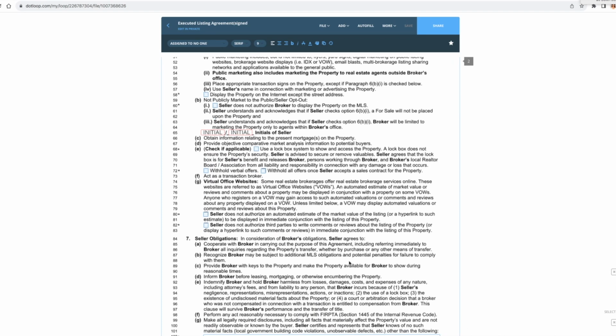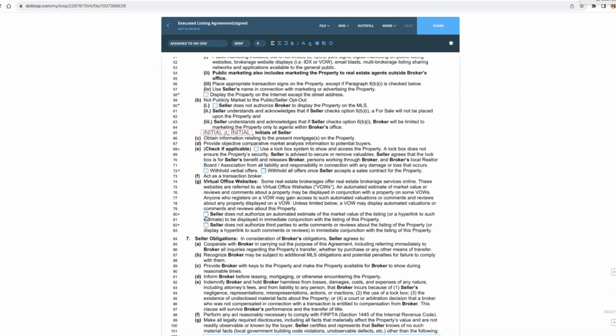Virtual office websites, what this is meaning is that the seller authorizes the automated estimate of the property value. So like example would be like Zillow, how they have the values on there. If they want that to be present, then you can leave it unmarked. But I would recommend that we don't authorize the automated estimate. We don't want Zillow's numbers sitting right beside our listing price. Also, third-party comments. So typically I mark both of these, and then that affects how I put my listing together